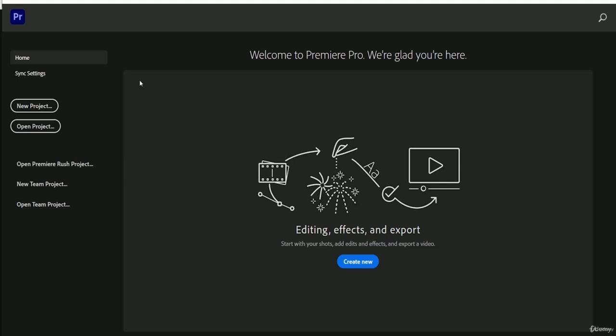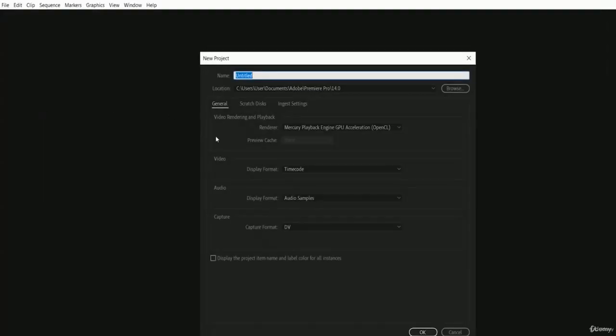So let's start creating your new project, and to create it you just have to click the create new option, or if you don't have this create new option on your software, then you have to go for the new project option. So let me click on this new project, and this is the pop-up for creating the new project,